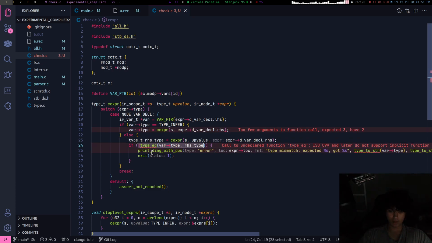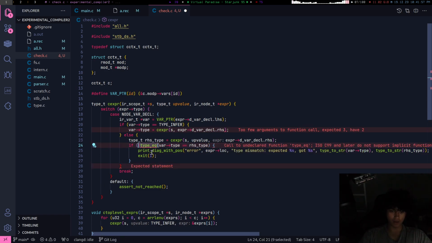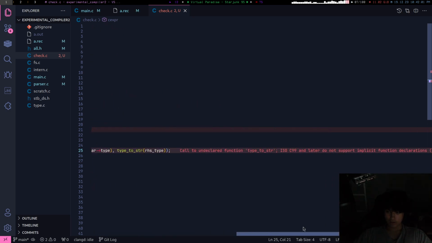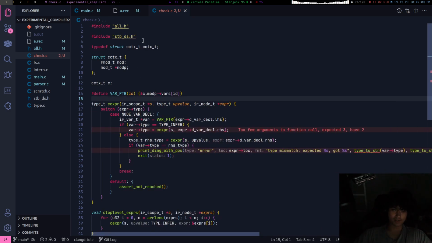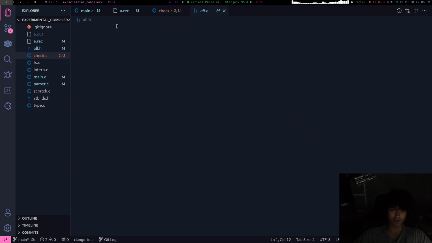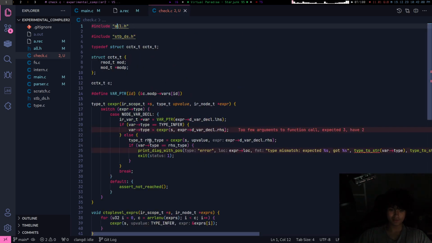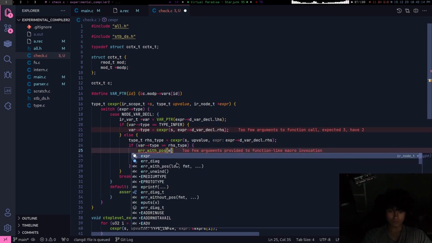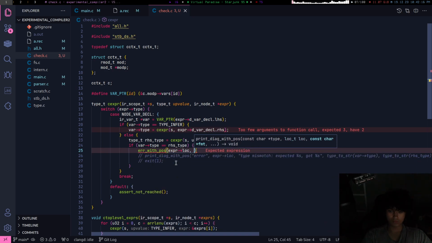So if these are just integers, the way my type system works. Just print diag with parse. Oh wait, hold on. Is Copilot reading my header file? No, I hope not. Error with pause. Yeah, type mismatch.